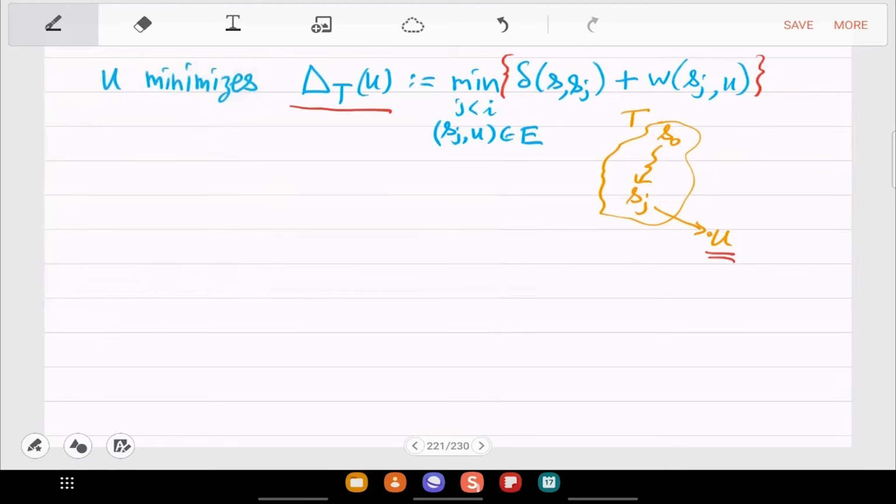So proof of this, once this expression is given to you, proof is quite simple.